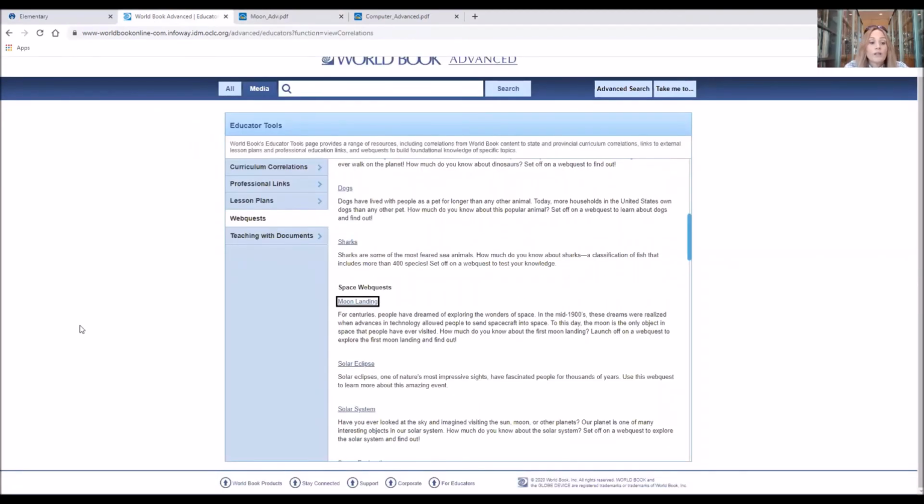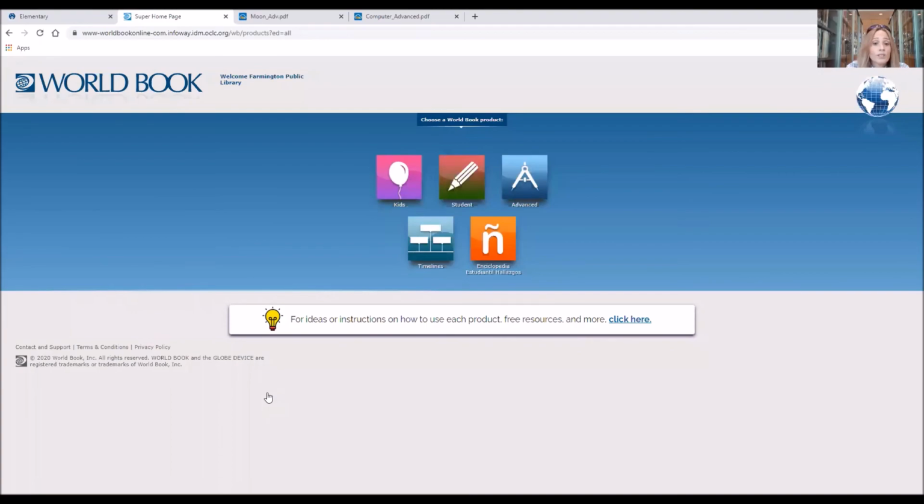Now, WorldBook is a great website. It's a great database for you to use with your students, with your kids. If you just want to look up information on a subject, if you ever have any issue with WorldBook, call the library,